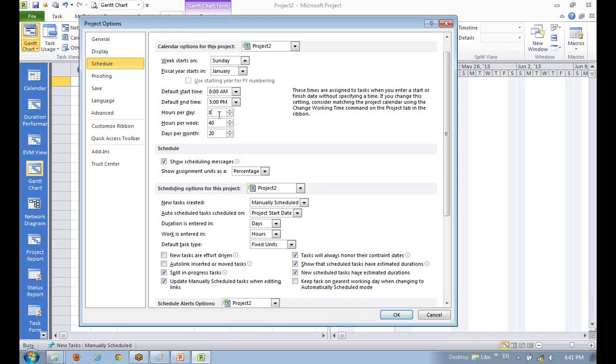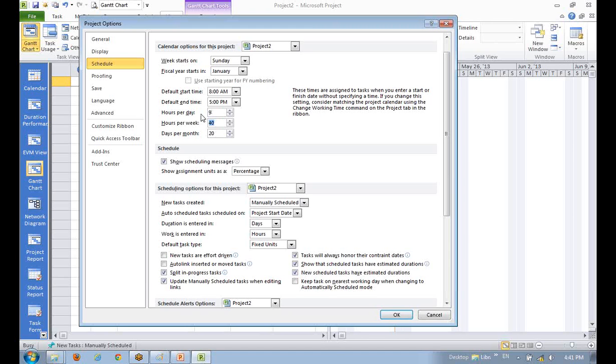So if the hours are changing, please change the hours. Once you change the hours per day, nothing else will change. If I change from 8 to 9, it will not become 40 to 45,